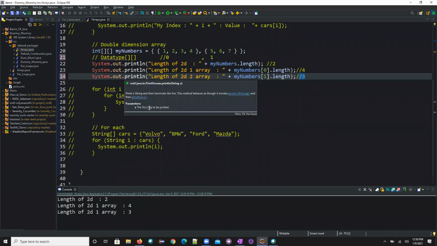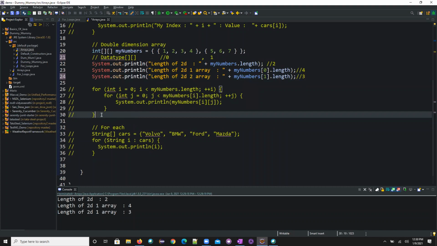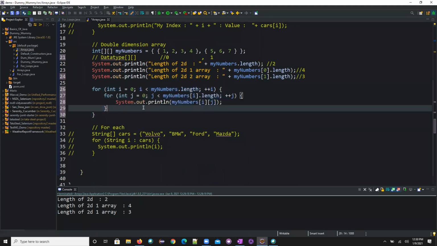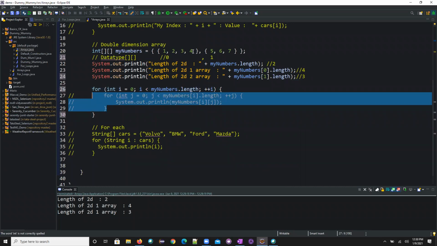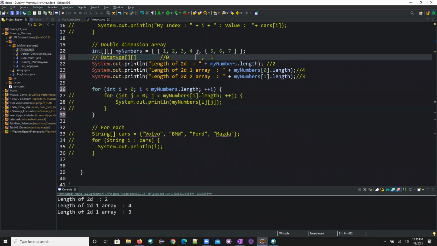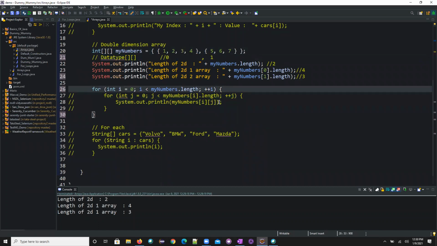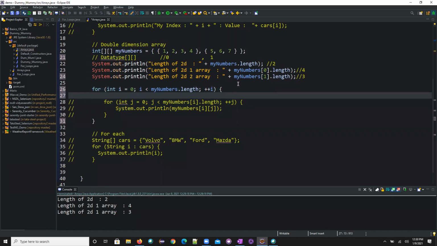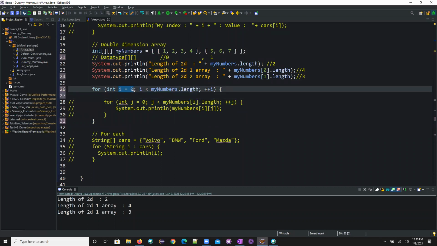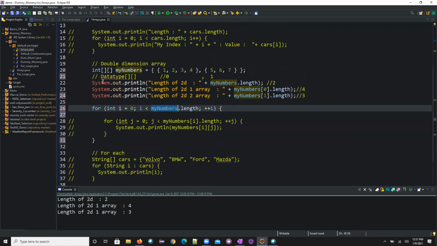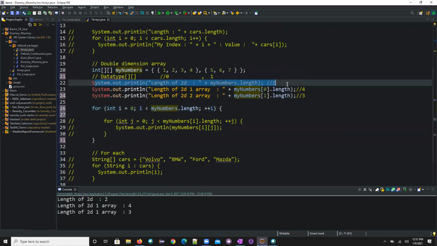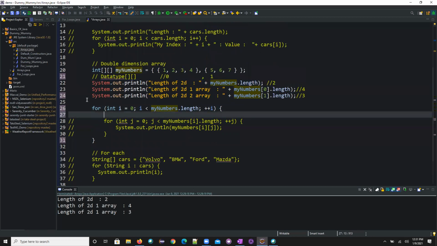Okay, now let's come back here. For the ease of use, I'll go for printing all the numbers. First, I wanted to print all these values. Okay, then I'll think about this value. Now, if I wanted to do this one itself, see what I'm writing here: i equal to 0. I'm starting from 0. And my numbers length. So what is my numbers length? This is what my array length is. This is the thing which I was trying to print.